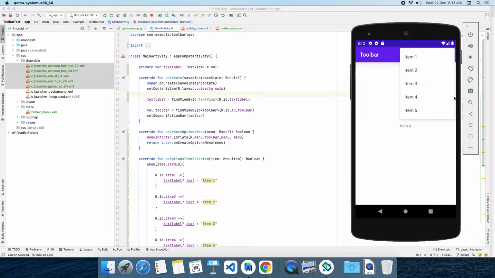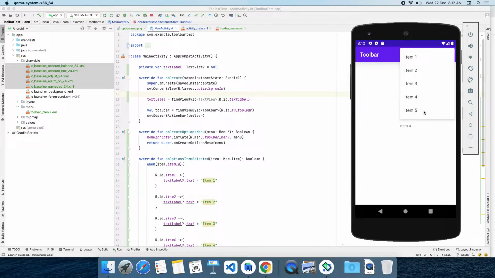So this pop-up menu name is option menu. This is always attached to our toolbar. It is going to display all items that are specific to the context of the activity. For example, we are displaying some data in this place with respect to the selected category here, right? At that point of time, option menu is important. Display all your categories here: category 1, category 2, category 3, category 4 and category 5.